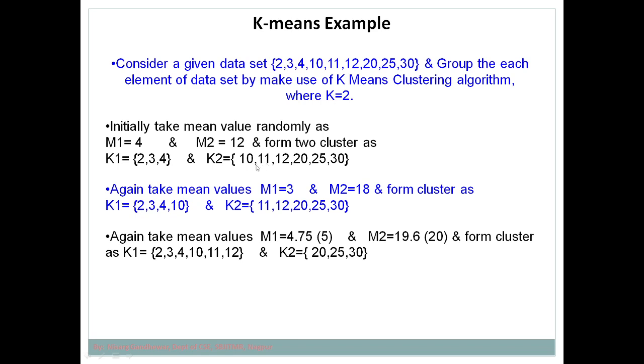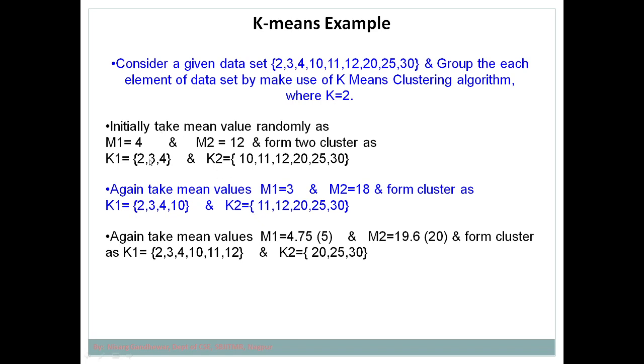Similarly we will calculate the mean of 10, 11, 12, 20, 25, 30 and we got the value as 18. So we can say that 3 and 18 are the new cluster centers as compared to the previous step. Now again we'll calculate the difference between these two. So 2 minus 3 we got 1, so it is less, so it maps to cluster 1. Then 2 minus 18 obviously it is more. So the same process which we followed in the previous step, we'll follow in the second step also, and we try to map all the elements into cluster 1 and cluster 2.